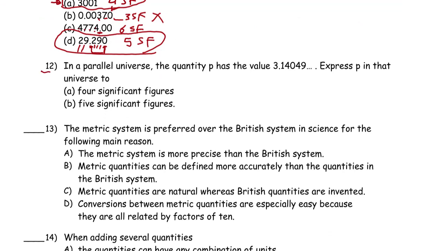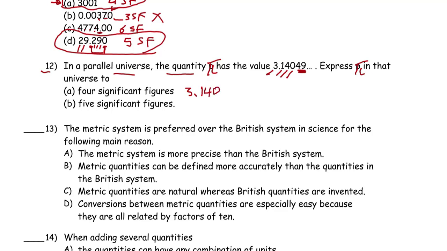Number 12. In a parallel universe, the quantity pi has the value expressed in that universe as 3.14 something. To 4 significant figures, this is the first 1, 2, 3, 4 significant figures. We can't round up here because 4 is less than 5. If the number is less than 5, we cancel it. So the number will be